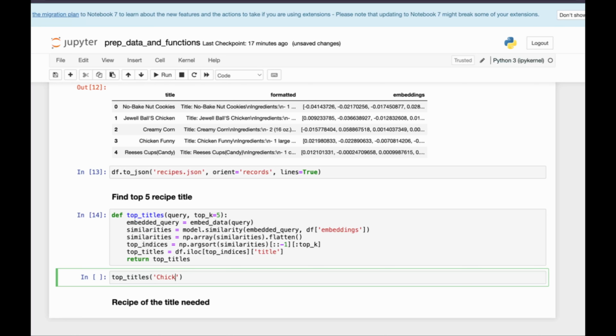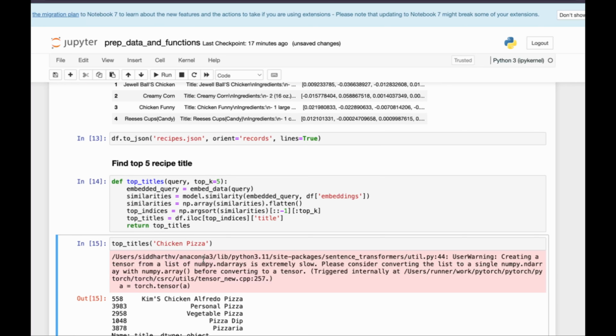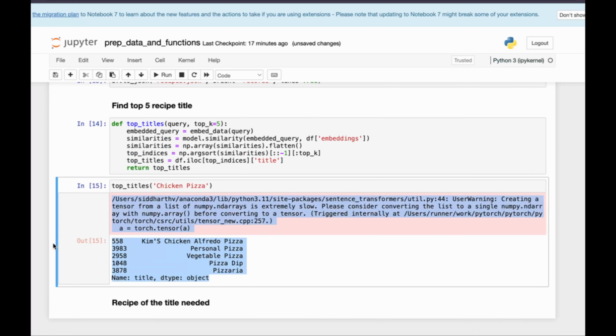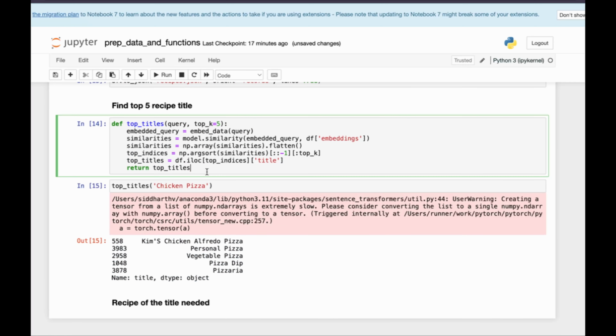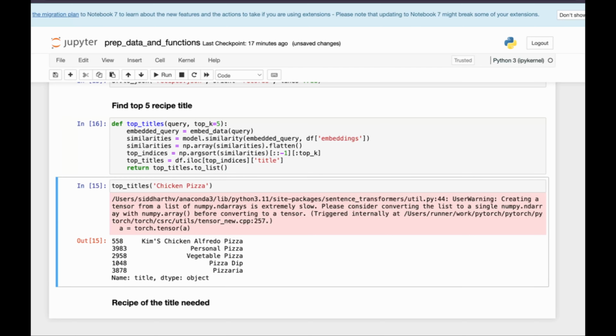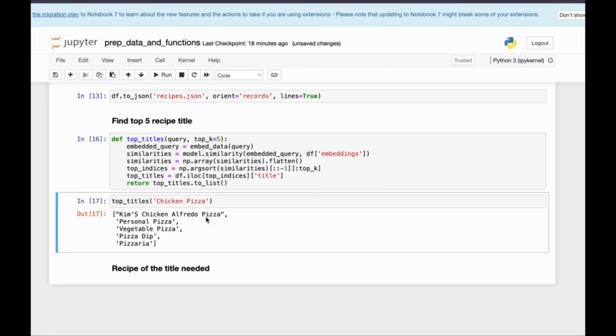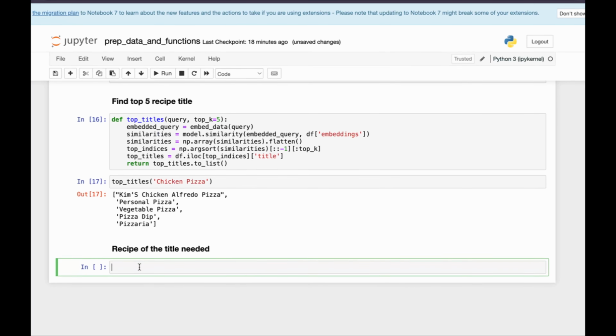So I'll give in chicken pizza. Okay, so we are actually getting the top 5 results over here, but we need to return it in a list format, so it is much better for our application. Yeah, so this is much better. So now next we are going to create a function in order to return the recipe